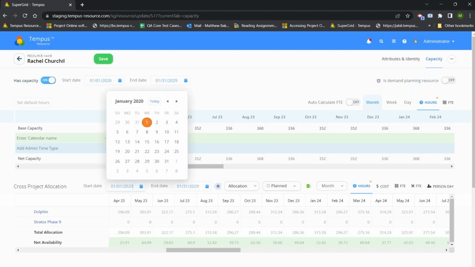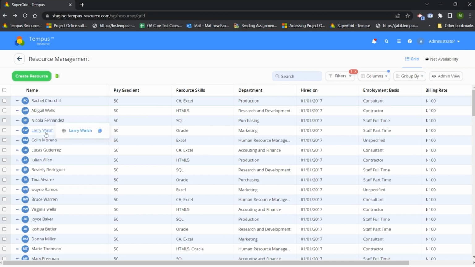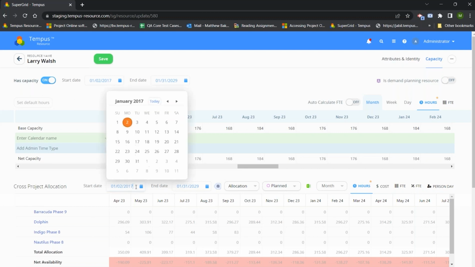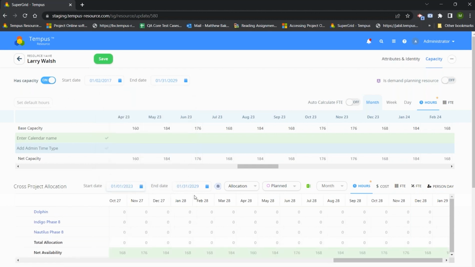So to make this a little bit better, I'm going to work with a different resource. I'm going to work with Larry in this case, one that is assigned to maybe a couple more projects. We can then shorten the time frame of the cross-project allocation screen to help fixate on a particular time frame that you're looking to work with. Let's say, for example, we want to only see 2023 information. We can start this out on January 1st, 2023, and then go over here to